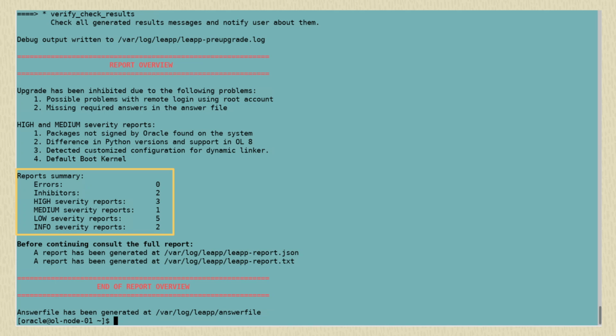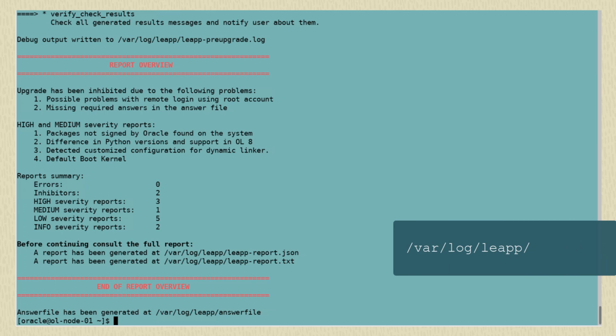Under the section Report Summary, we see errors and inhibitors. Any errors or inhibitors will prevent the upgrade and cause the process to exit. Here we see 2 inhibitors listed. There are other severity issues also listed as high, medium, low, and info, which should be addressed before upgrading, but these will not prevent the upgrade. These are all detailed in the leapp-report text and JSON files, which are stored in the